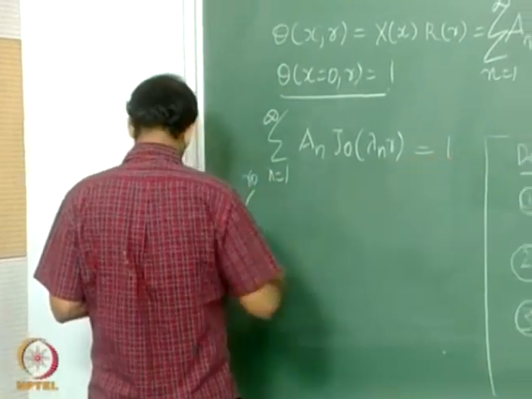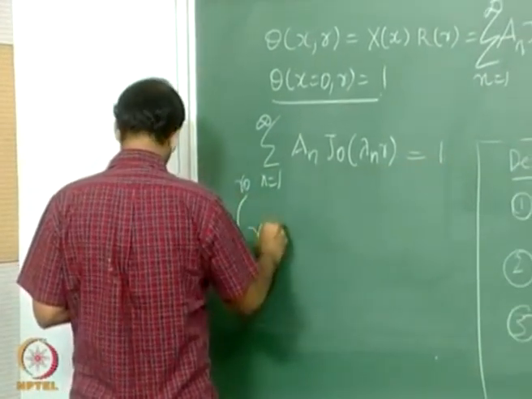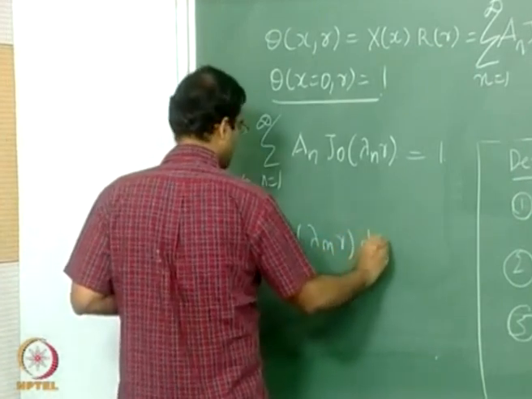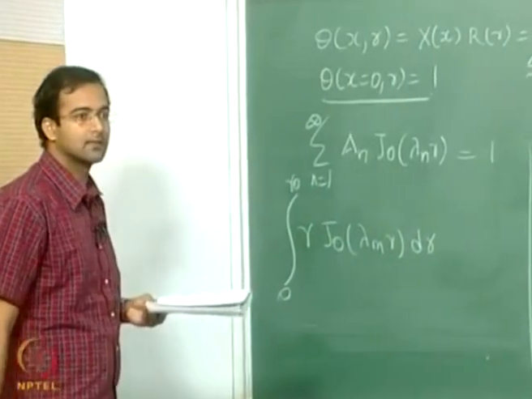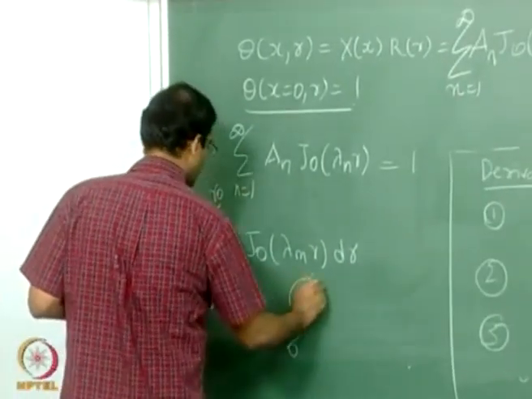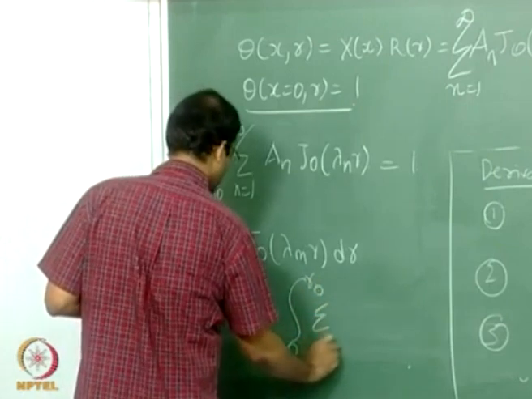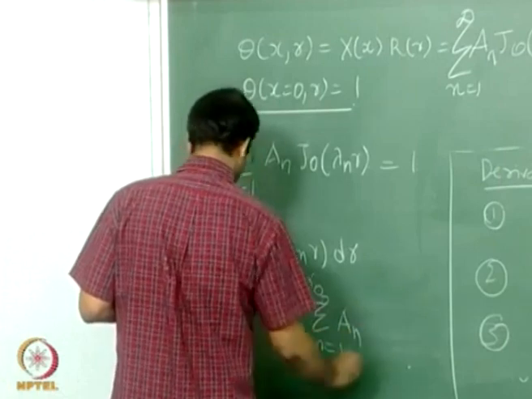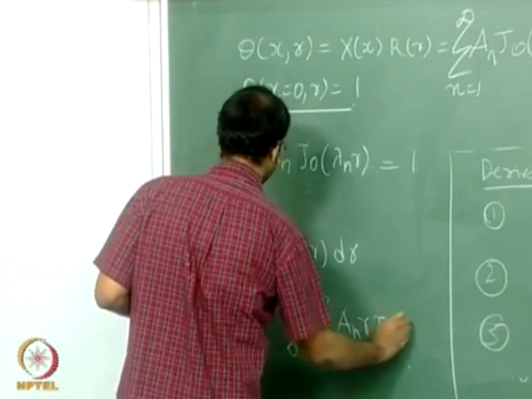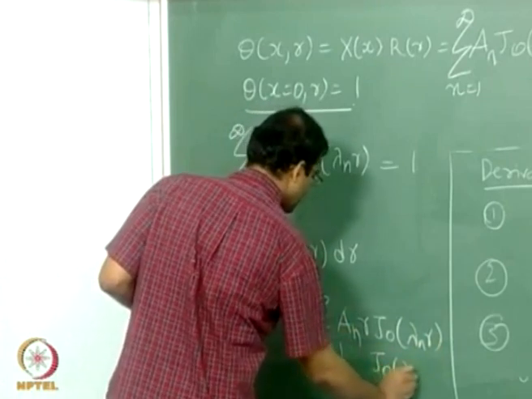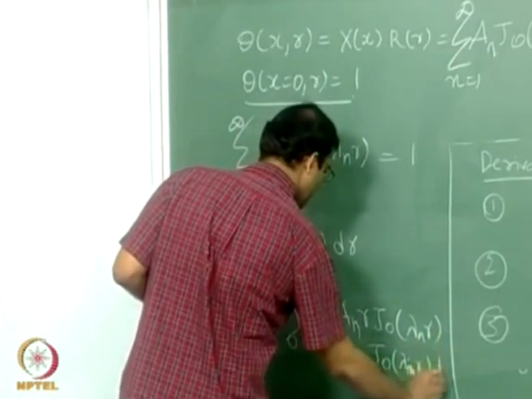My right hand side I am writing on the left hand side here, I multiply with r j naught lambda m r dr, that is my RHS. On the LHS I have this 0 to r naught summation n equal to 1 to infinity a n into r into j naught lambda n r j naught lambda m r into dr,